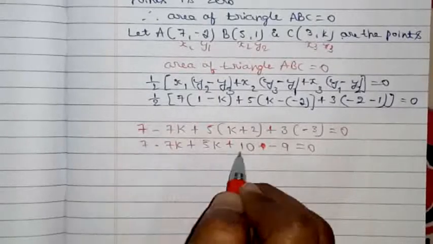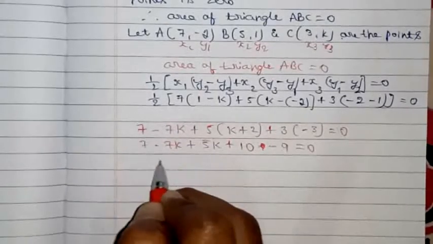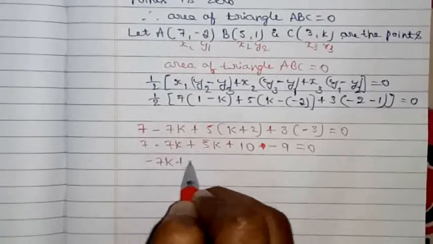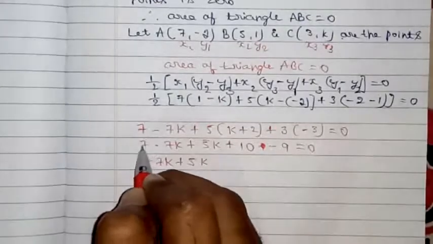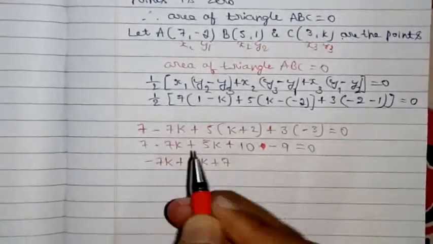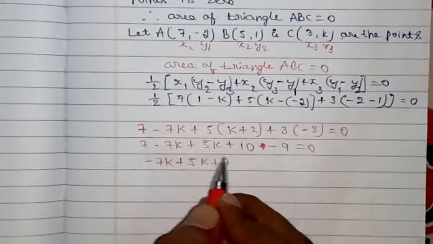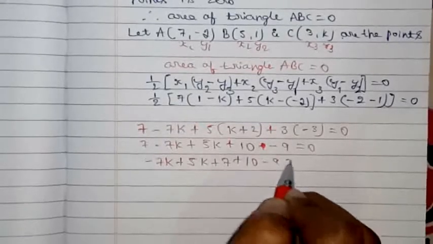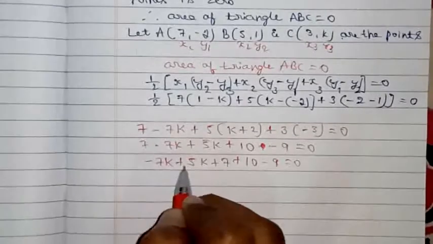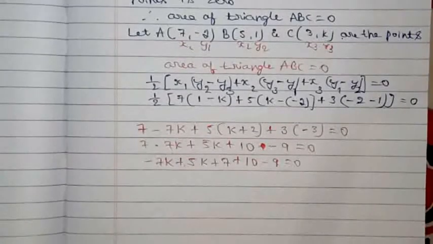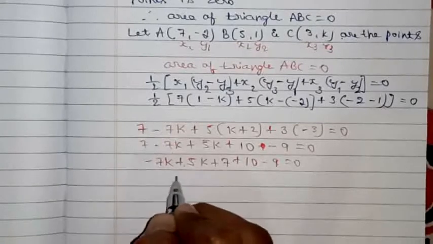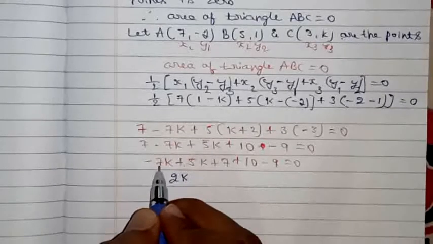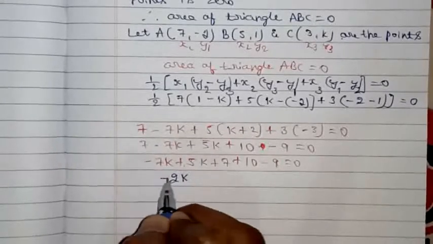Now here 7 is there, I'll write neatly. I'll interchange this. So minus 7k plus 5k. I wrote the variables first. Now plus 7, as usual I'm writing the same, whatever the symbol it consists of, the same thing I'm writing, but I'm interchanging. Plus 10 minus 9 is equal to 0. Now minus into plus will be minus, so therefore you need to subtract it. So 7k minus 5k is 2k, and also the sign of the biggest number. The biggest number is 7 and the sign is minus, so therefore minus 2k.